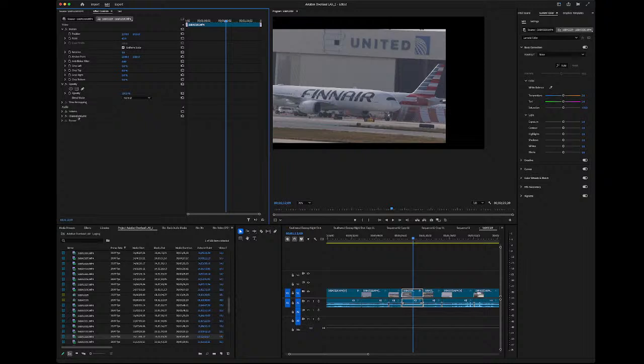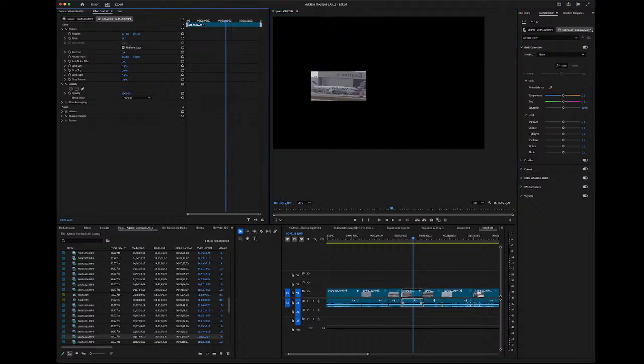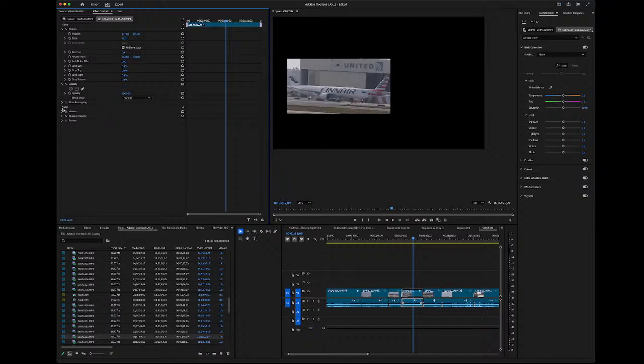Okay, so we're gonna go to rotation. Make sure you're selected on the clip, come over to effect controls, and then there should be a rotation. Where is it? Where's the rotation? Did they move it? Scale. So this is the scale. Oh, how did I miss that? All right, so,